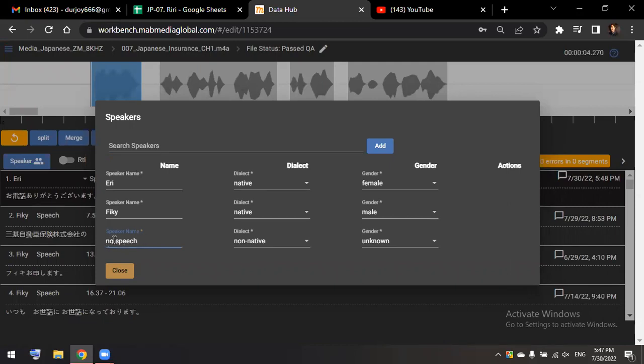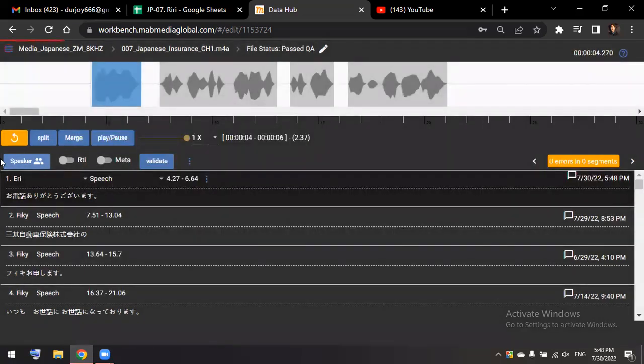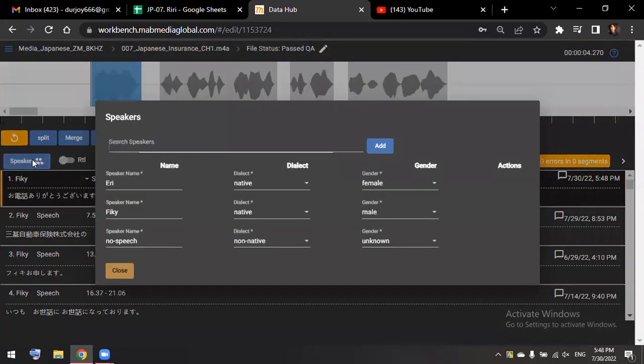After no, put a dash, and after that write speech. Then go to the dialect part and select non-native, and gender is unknown, because we are using this speaker only for the noise or music, something like that.